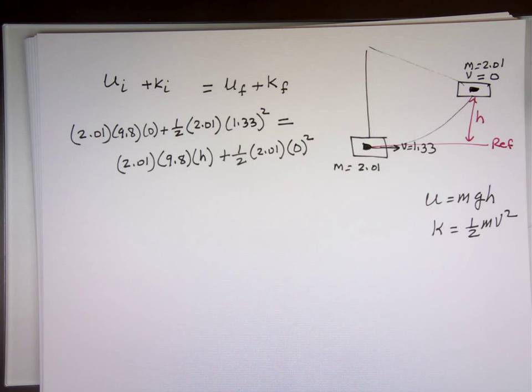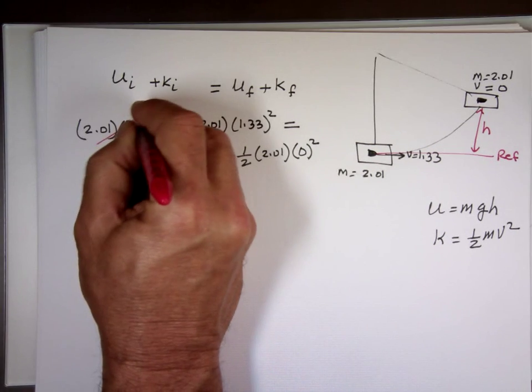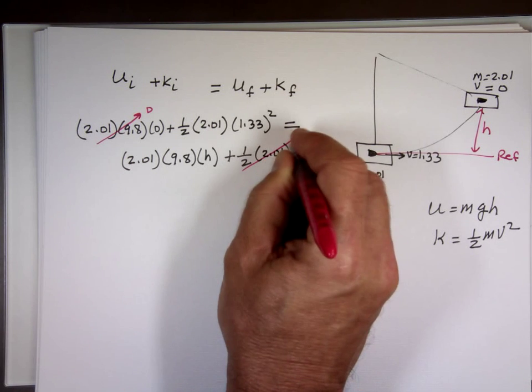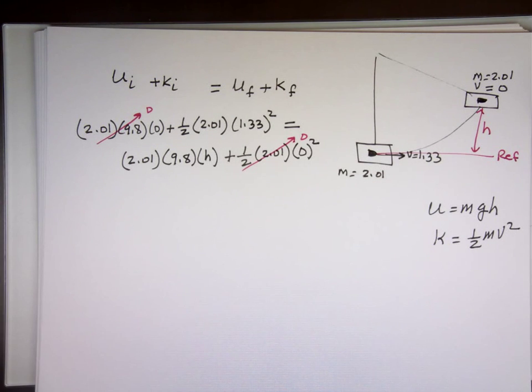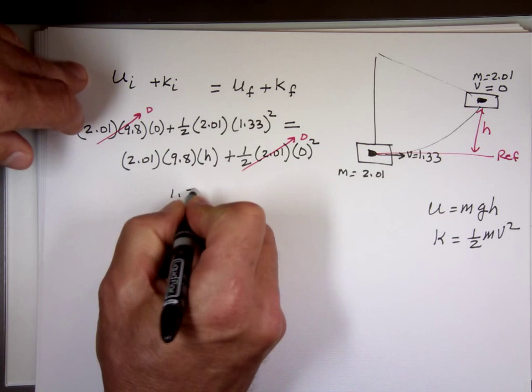So I know these two terms go to 0 because you're multiplying by 0. So I end up with 0.5 times 2.01 times 1.33 squared, 1.78, equals